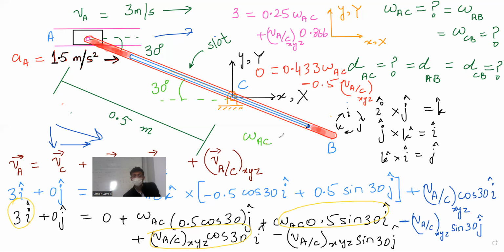Omega AC is equal to 3. Good. Okay. V is 2.1? No, 2.6. 2.6 is in my notes. So always put a bracket. You remove the XYZ in the exam, I am deducting points. Small XYZ means with respect to that rotation, how much the fellow is coming towards or away. You remove the small XYZ, points are going. 2.6.